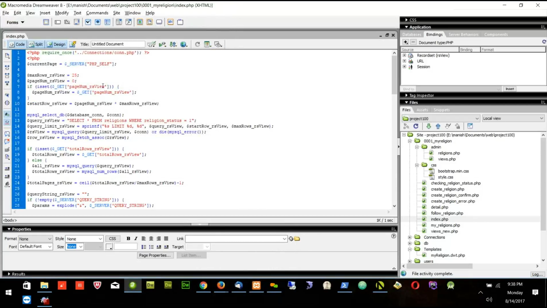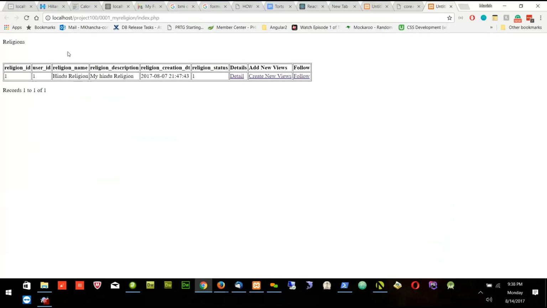Okay, so let's go to our religion project. Let's see what we did last time and now what we have to do. So this is the index page where the user will see all the religions. And here he can create verses, he can follow the religion, and he can go to the detail of the